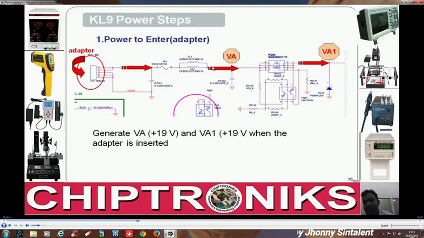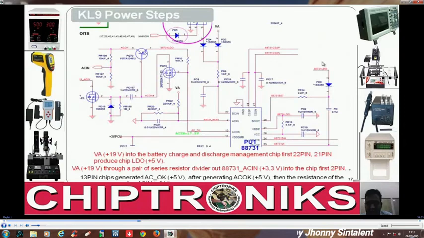That means these two wires can be treated as shorted, both of them having the same voltages, right? This and this. So, we'll go to the next slide. Okay, and this VA is going to the charger IC, the ISL88731, and we'll discuss the data sheet of